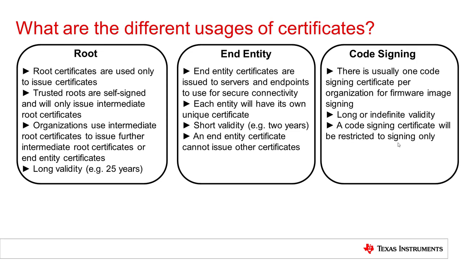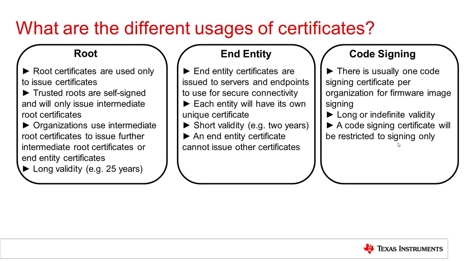And the third frequent use is a code signing certificate. Any organization that wants to be able to download programs and updates to those programs over the web typically wants to sign the program or the update so that the actual device receiving that update knows it really came from the correct source. So with code signing certificates, there'll typically just be one per organization, or maybe one per division, and the same code signing certificate will be put into all the IoT devices, for example, from one company.